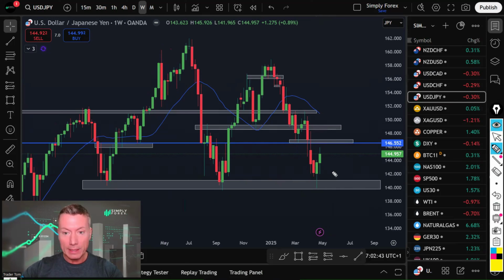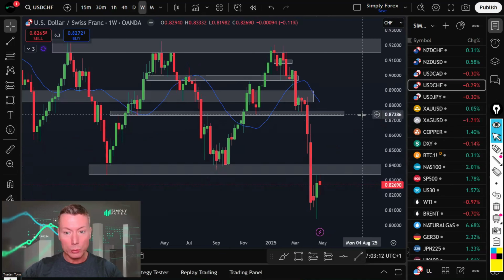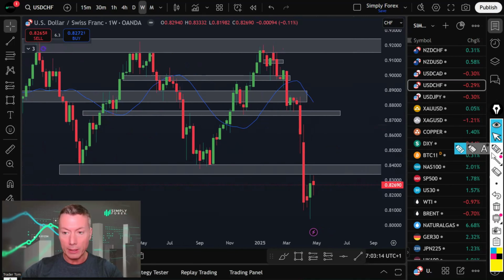And ever since we've hit this level, just look at these two weekly candles. That is complete and utter buying pressure, helped by the fact that indices are rocketing and flight to safeties are weak, and we think this US dollar yen still has some more room up to this next piece of resistance. So this 146.50 level would be a good target. I actually prefer US dollar yen over US dollar Swiss franc, but it's the same story.